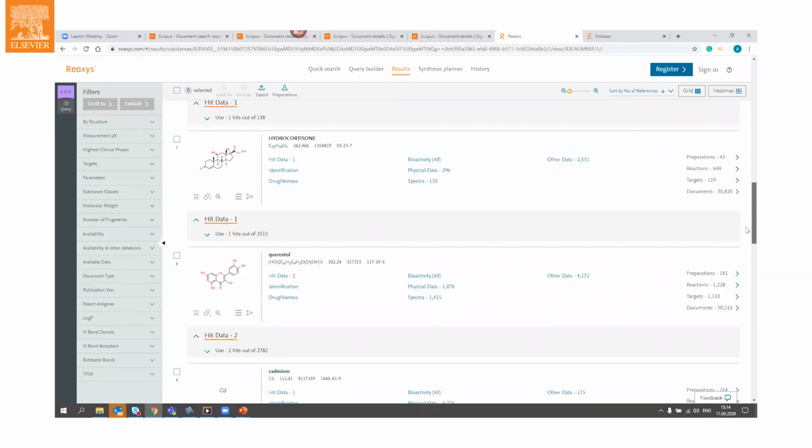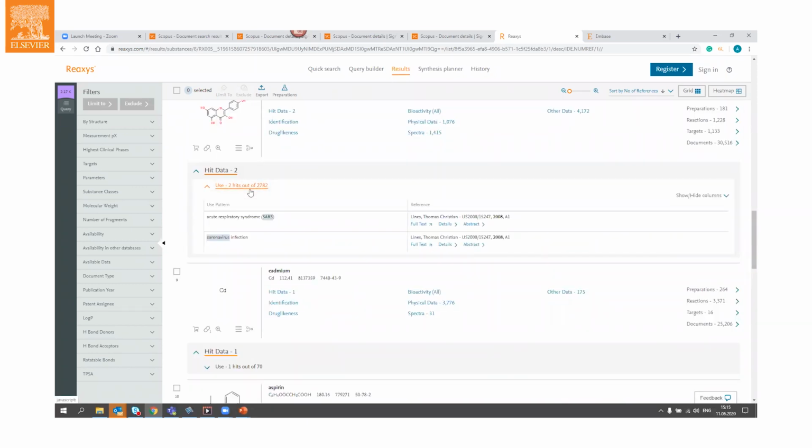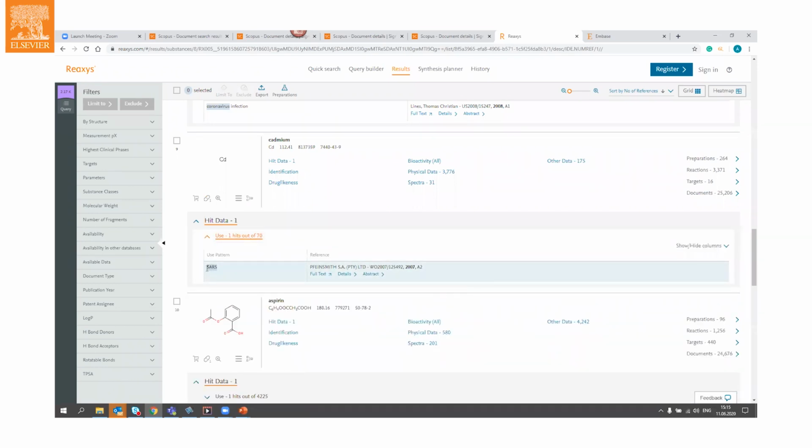which have patents and/or articles explaining their relation. So, for example, hydrocortisone. It is mentioned in these patents in the background of coronavirus pneumonia. Cortisol, coronavirus infection, acute respiratory syndrome, even cadmium. It was reported against SARS. So again, this information comes from patents, which is not obligatorily clinically tested.